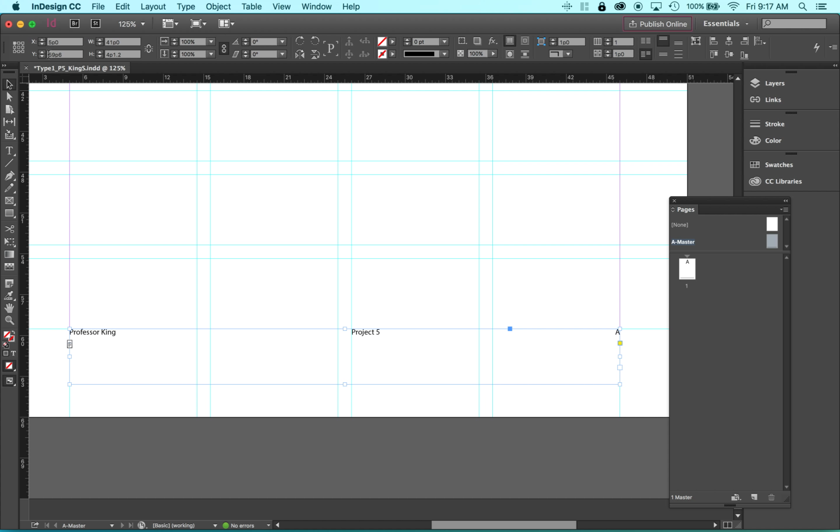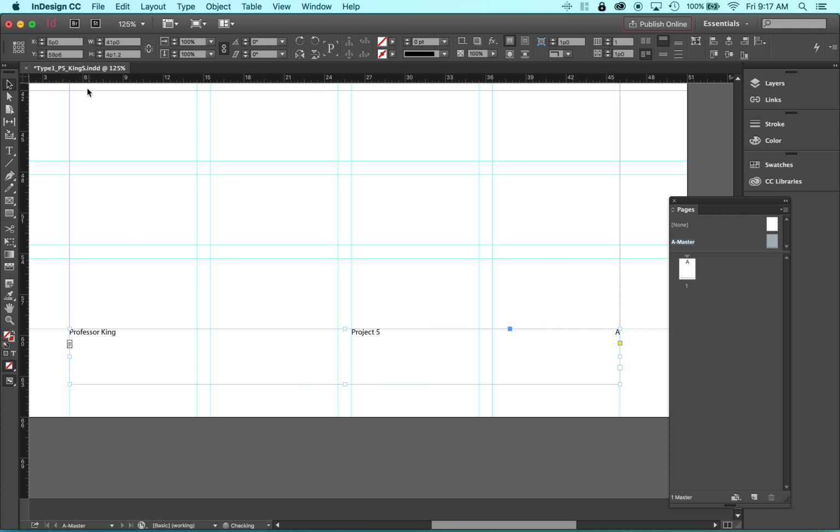So we can look at this at our Y value, which is the value that this text box has from the top. The measurement from the top edge to here is 59 picas, 6 points. And you can do the math. It's easy enough. Another pica and a half would be 60, then 61 picas. So you can actually move this down so that it's at 61 picas, or you can enter 61 picas here